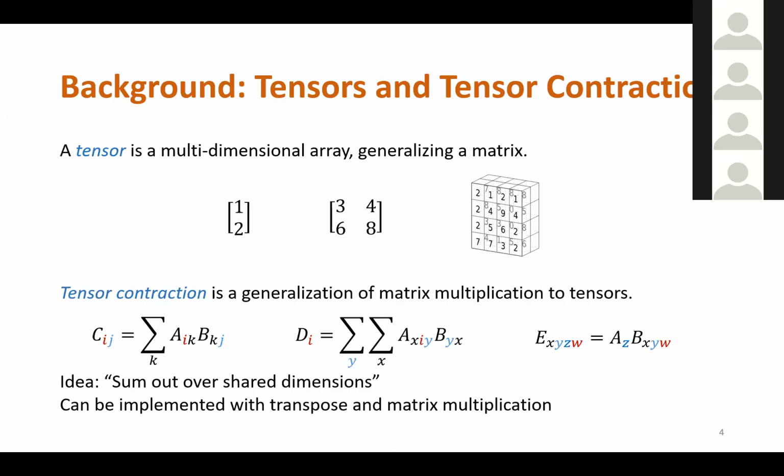We're still looking at sums of products of entries of the tensors. The key idea here is that we'd like to identify some of the dimensions of the tensors and sum out over those shared dimensions, in the same way we identify in matrix multiplication the rows of one matrix with the columns of another matrix. What's nice about this operation is that it's more general than matrix multiplication, but can be implemented in terms of a single transpose of data followed by a single matrix multiplication. And so all these libraries that have been produced for neural network algorithms that optimize matrix multiplication basically all have some sort of API call to perform this tensor contraction as well.